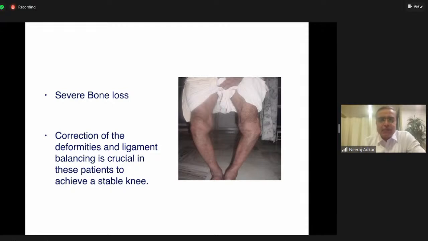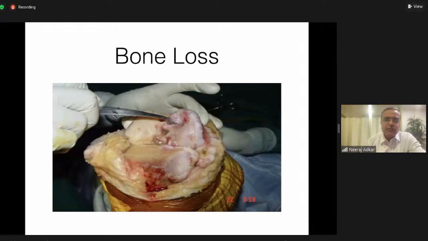Balancing these knees is extremely important for long-term survival of the implant, and most important in that is correction of that defect or filling those defects. So how do we approach this complex